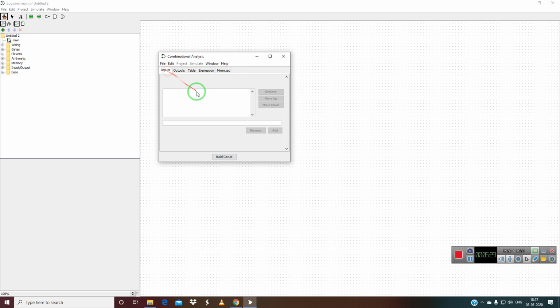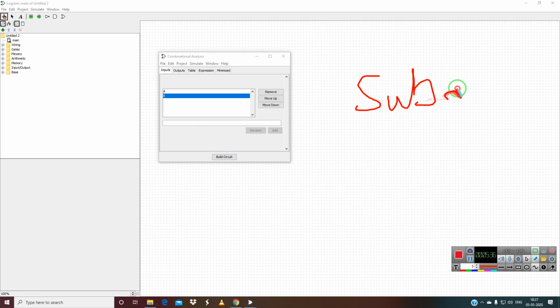Everything is empty now. Now you just type A, B. This is for the subtractor circuit, the second one I am building.